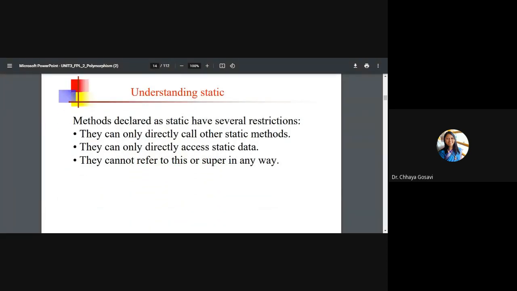Methods can be declared as static, and they have several restrictions. We can declare static methods. They can only directly call other static methods. So static methods can call other static methods. They can only directly access static data, and they cannot refer to this or super in any way, because